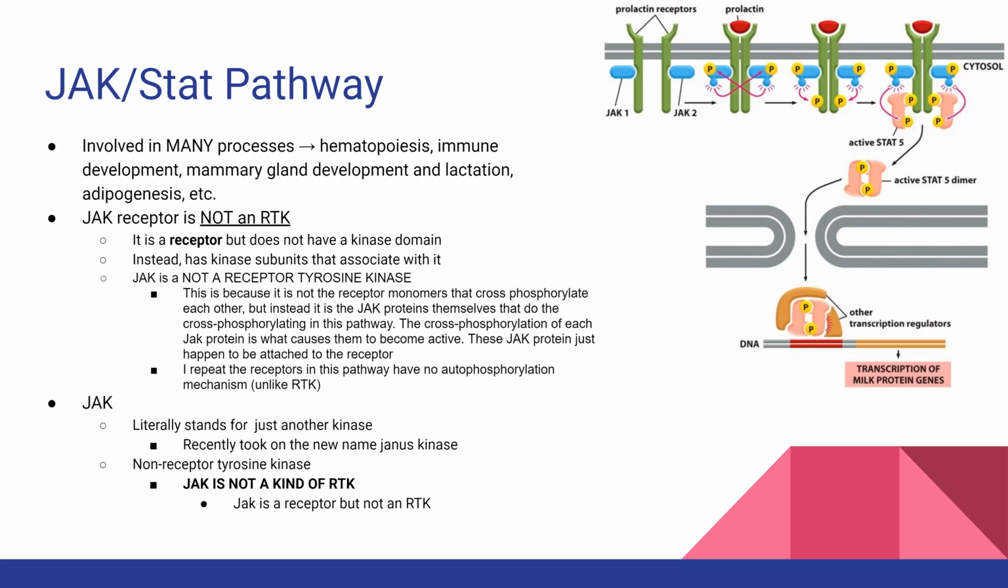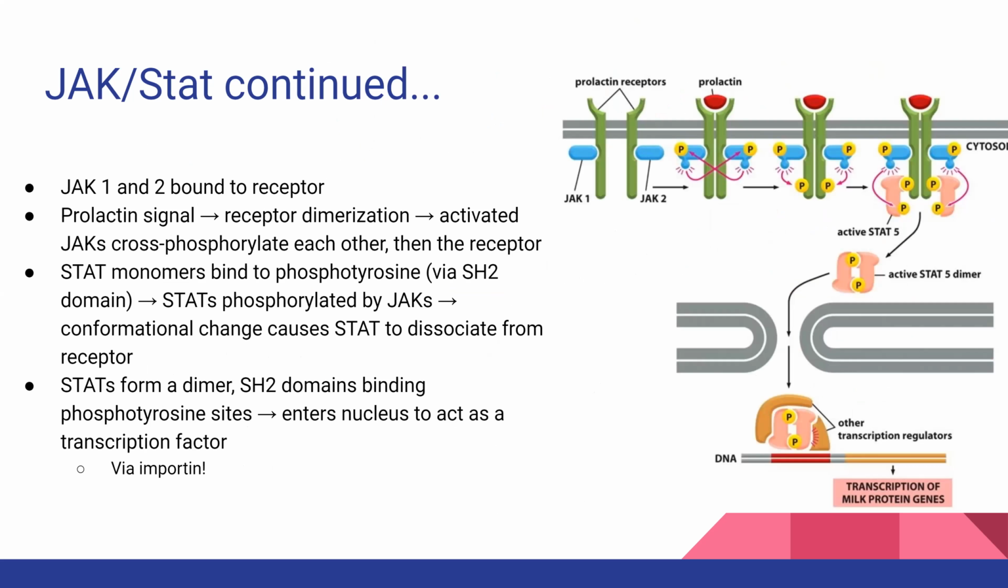So if we go through it, basically you're going to have two JAKs, JAK 1 and 2. Each of them is going to be bound to its own prolactin receptor. The ligand is going to come in and go into the receptor pocket, which is going to cause it to dimerize. It's not shown obviously in a two-dimensional diagram, but when that happens, the two receptors will come together, and that'll allow JAKs 1 and 2 to touch, which will then allow them to